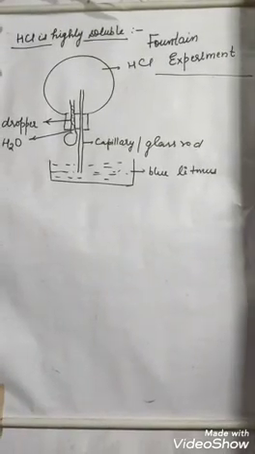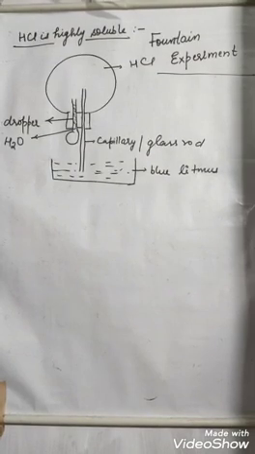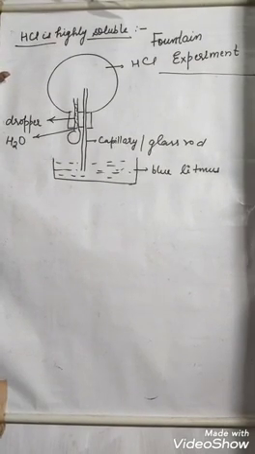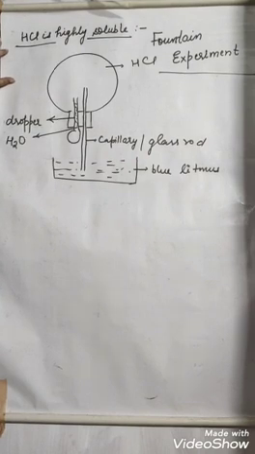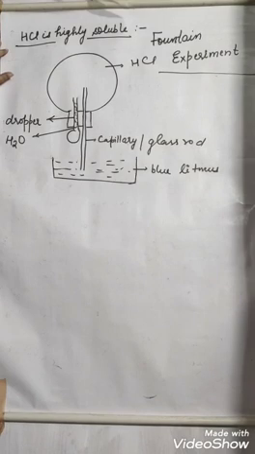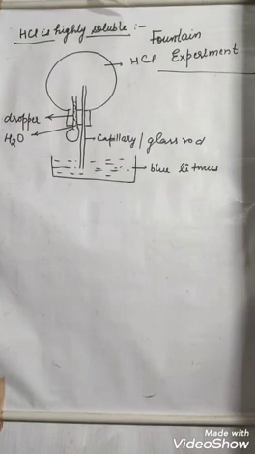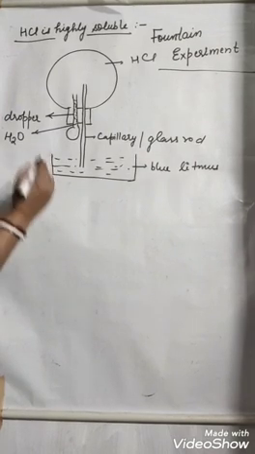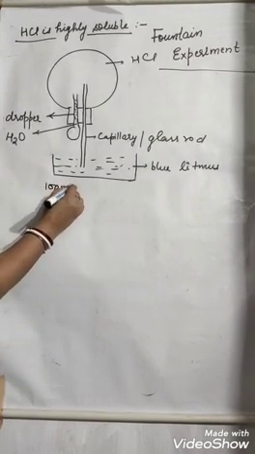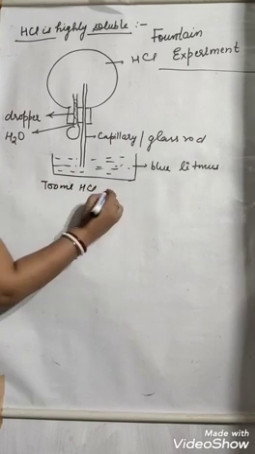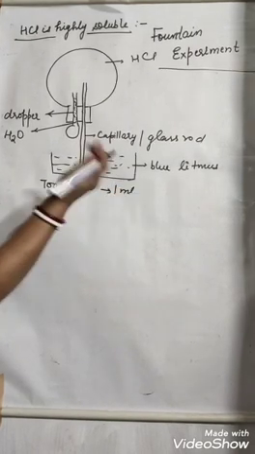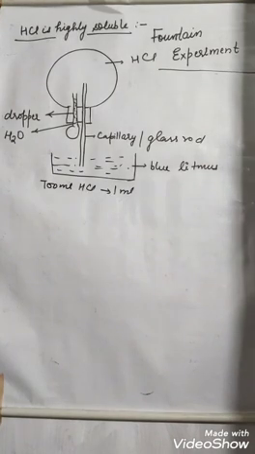Now there is next experiment to show HCl is highly soluble in a water. This experiment is very important experiment, as it is there in HCl also and in ammonia also. Ammonia is next chapter. It is there in that chapter also, which is called as fountain experiment. The main objective of fountain experiment is to show that HCl is highly soluble in a water. Suppose we have 700 ml of HCl, so it can dissolve in 1 ml or 10 ml of water. Means that much soluble it is there in water.